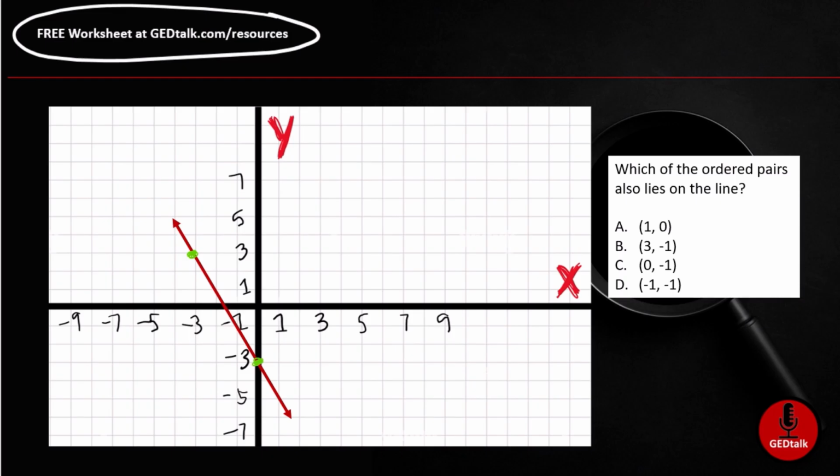This is a multiple choice question, and they're only giving us 4 answer choices, A, B, C, and D. And so we need to figure out which one of these falls on the line. But before I figure that out, I want to make sure I'm explaining this well, and that you also know how to figure out the ordered pairs that you might see as dots